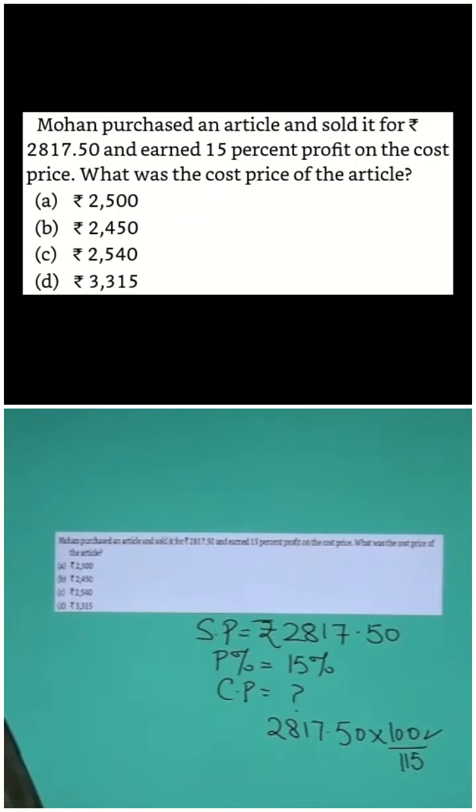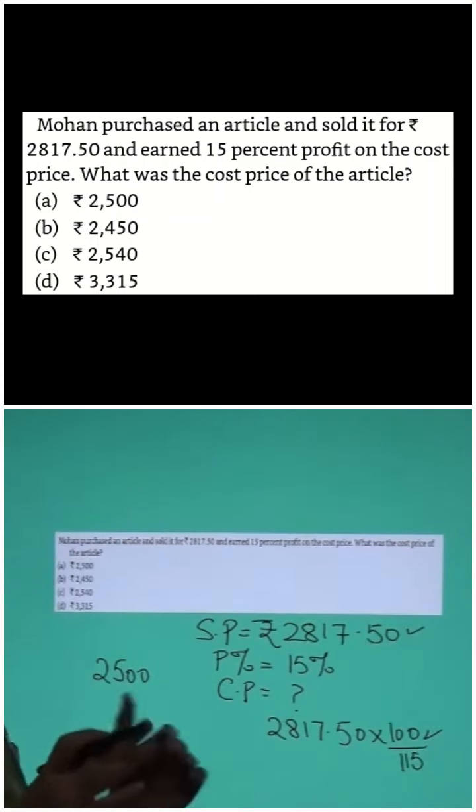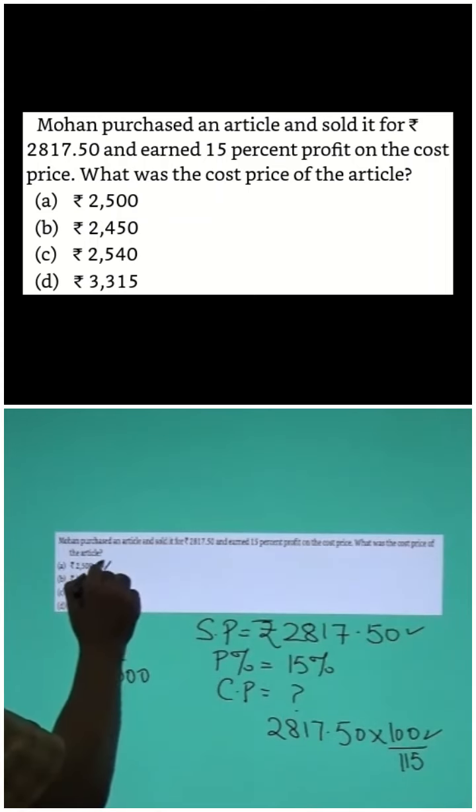The first option they have given to you is 2500 rupees. I will not go for this because if I calculate 15% on this, I cannot get something in paisa. 15% करूँगा तो मेरा exactly amount आ जाएगा. So मेरे को तो selling price कुछ पैसा में चाहिए. So ये option मेरा cancel हो गया.